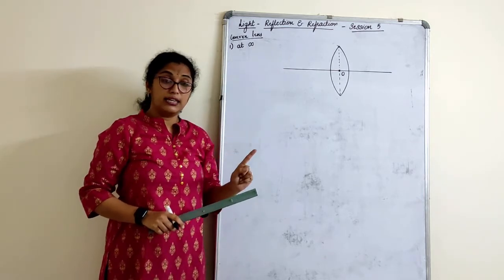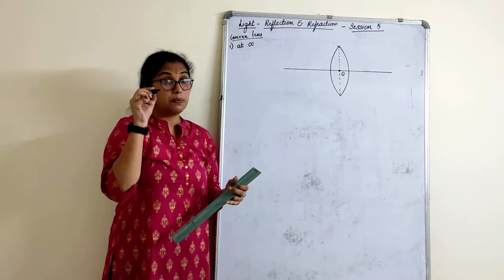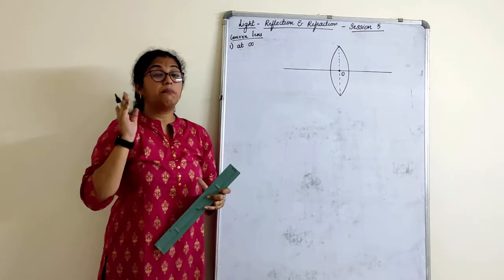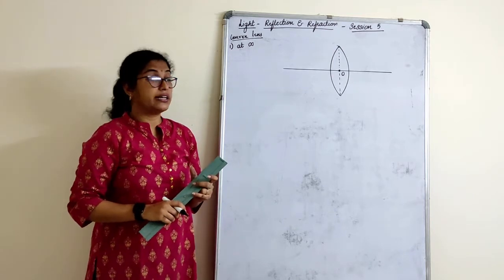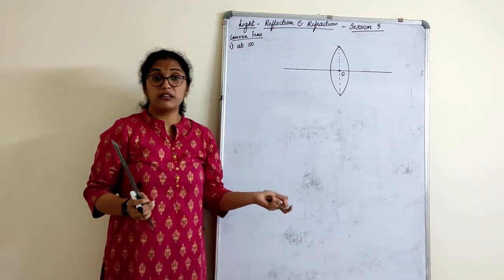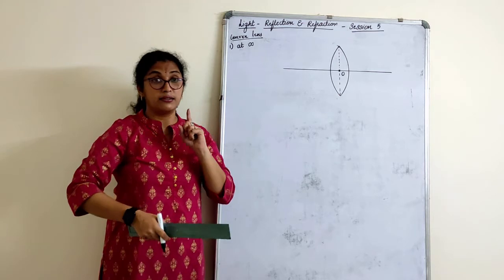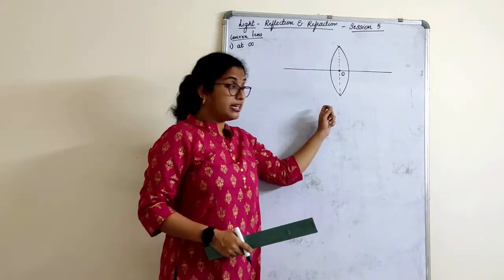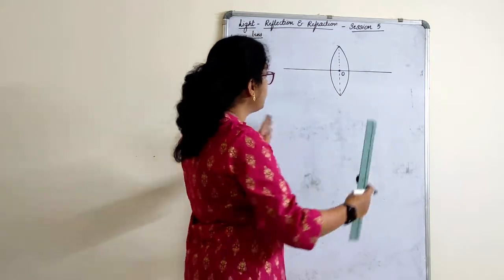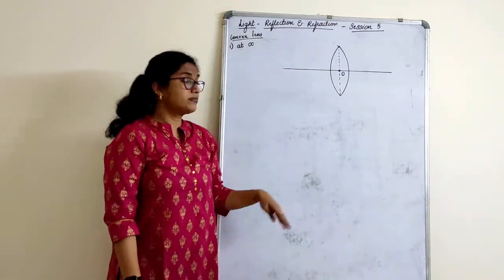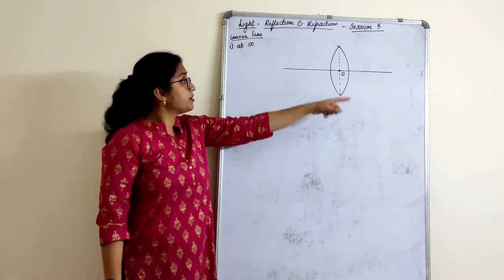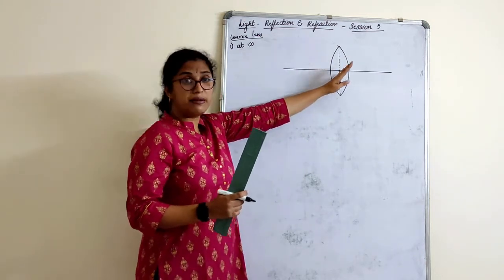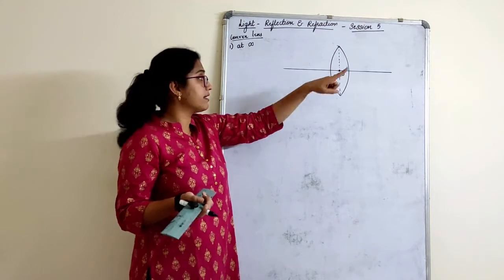After you draw the lens, after you mark the aperture and the optic center O, then mark the focus on both the sides. Don't mark the focus before and then draw the lens. Pay very close attention to what I am telling right now. First draw the lens. I know my lens looks slightly slanted to the side. Manage it, because on the board I cannot do it perfectly. Anyhow, that's not a matter, but I know you will get it accurately correct.